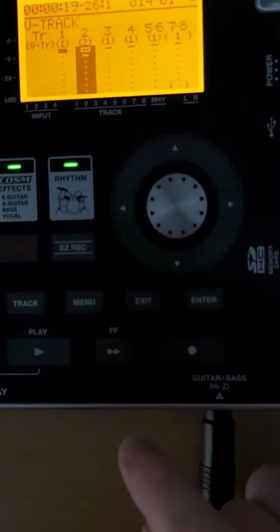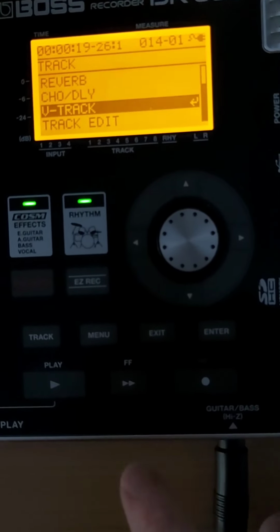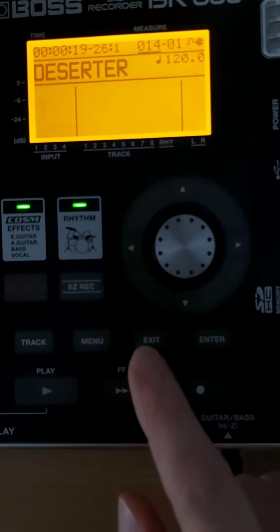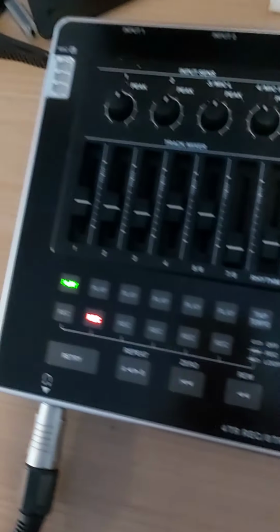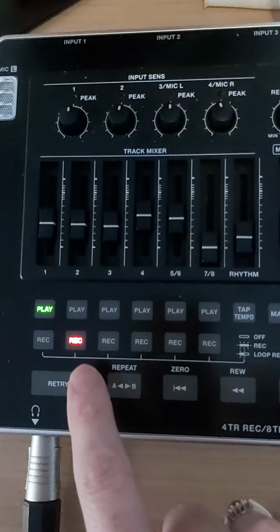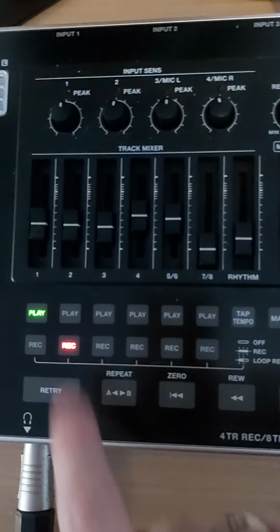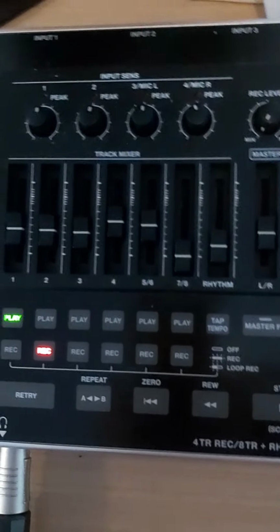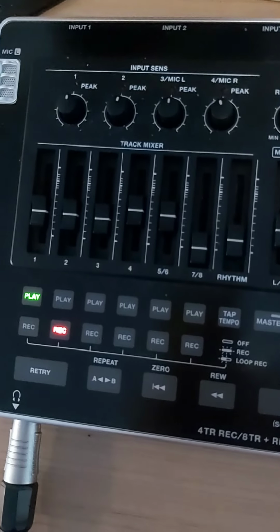So then we just exit and exit again. And now if we go back over here, you can see we're all ready to go on track 2. The play button's gone off because there's nothing there to record over, and you're just ready to record on track 2. So we can have another take of doing that fiddle singing. Okay, so